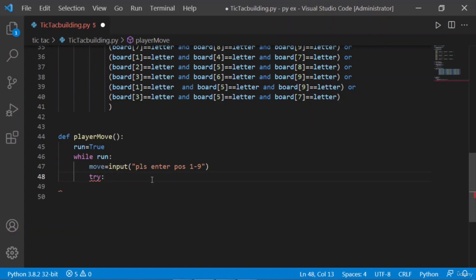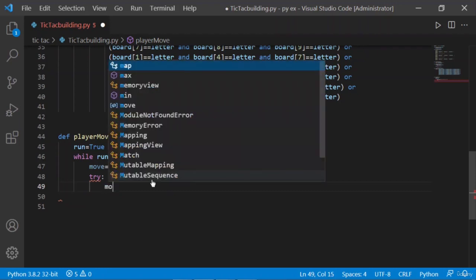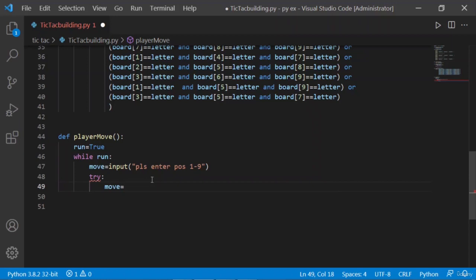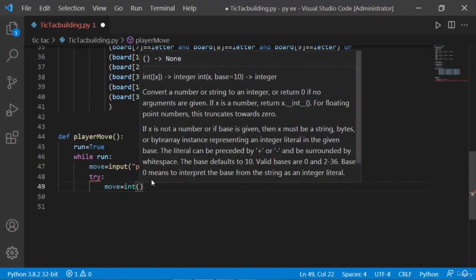Try and except is always used in games because many times wrong input comes and the probability of getting a wrong input is always there. You just need to press a wrong key and it's all done. So with try and except we can handle exceptions. This is also called exception handling. What happens if our input is not what we required? We will not crash the game and rerun it, we will just solve it there only. So here goes try, and with try we will first be converting move to int